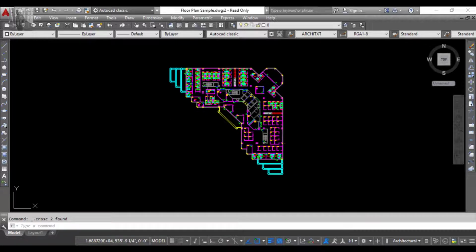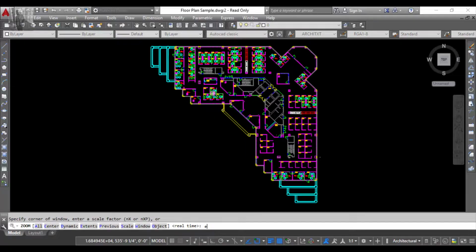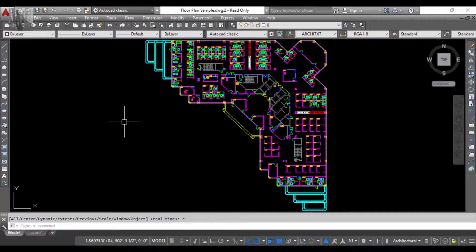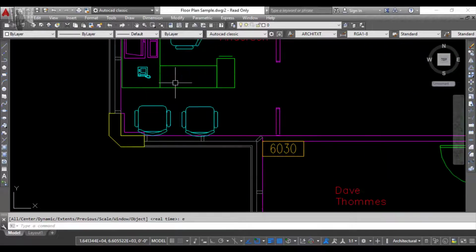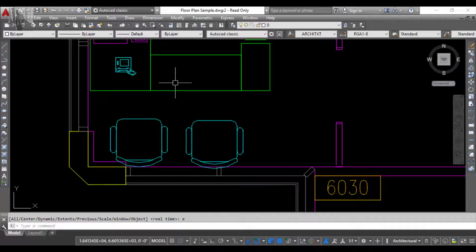Now I also want to zoom with the help of the middle mouse button. How to zoom with the help of the middle mouse button? I will go to that particular area where I want to zoom in. First I will place my crosshair there and I will roll forward the middle mouse button. Suppose I am rolling forward, you can see that it is going to that particular cabin.